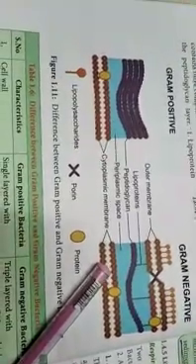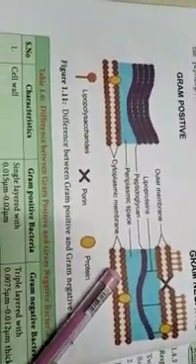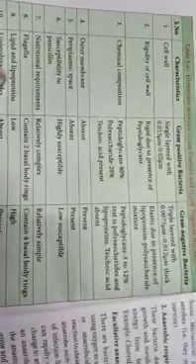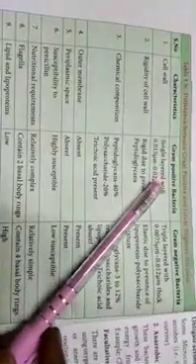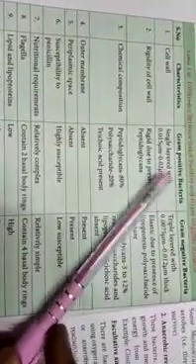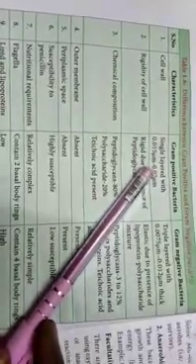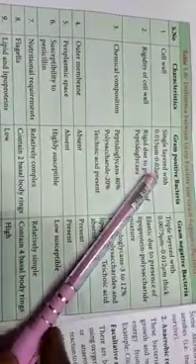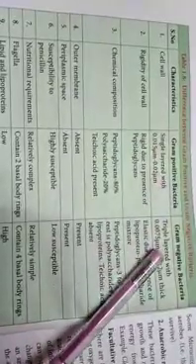The next topic is the difference between gram positive and gram negative bacterium. This is the tabular column of the differences, where totally 10 characteristics are differentiated. The first one is the cell wall. In the gram positive bacterium it is a single layer, only the peptidoglycan layer, but the layer is thick, 0.015 micrometer to 0.02 micrometer.